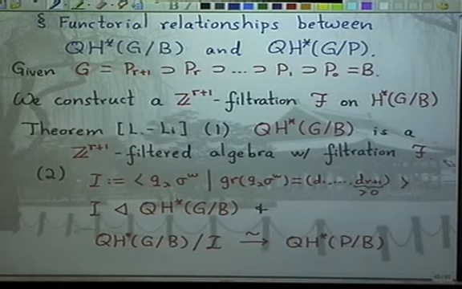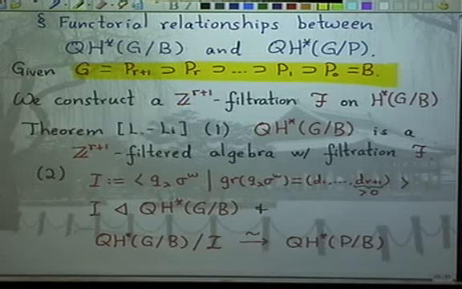Suppose we start with a net of parabolic subgroups, starting from B and then a bunch of those. Then we construct a filtration. The number of filtrations depends on how many terms are in between, because just like in the classical case, if you have one filtration, then you get one spectral sequence. If you have more, then you get more and bigger filtration. So we construct a filtration